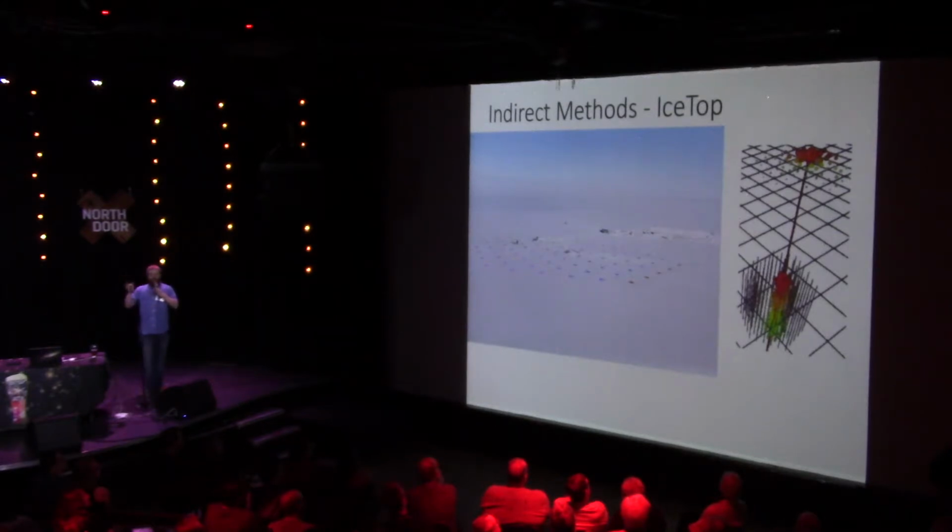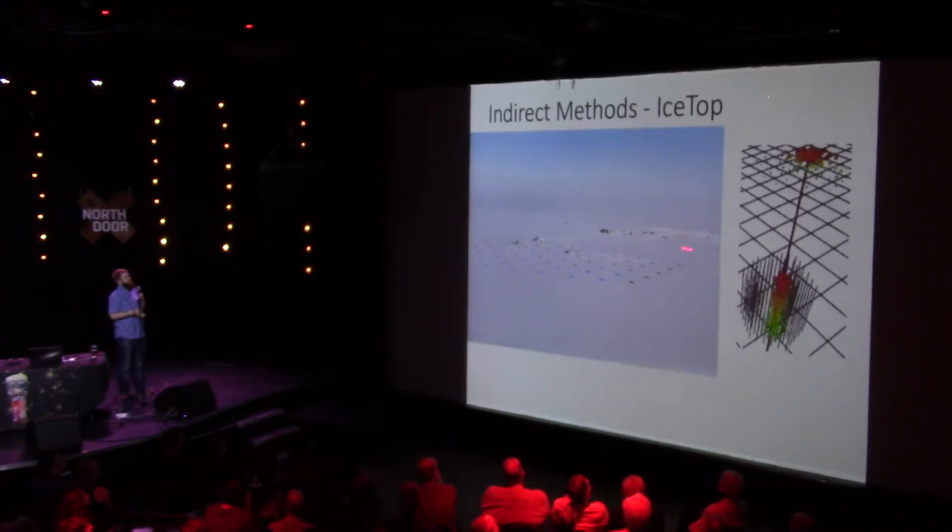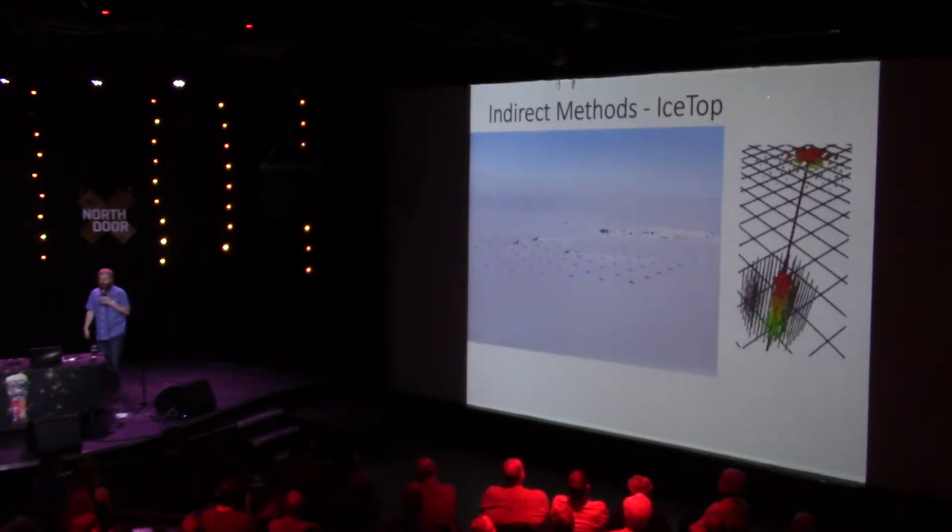And so if they know the angle of that signal, they can detect all the light, they can know what the energy of that particle was, and they can use some other instruments on there to detect things like the mass of the particle. So one of the things that you have to do for this, though, is you have to create some very large arrays spatially. So this one, I believe, is a square kilometer. There's some other ones that have been built that are like 10 square kilometers. The larger area you get, the more sensitive you get, the higher energies that you can probe.